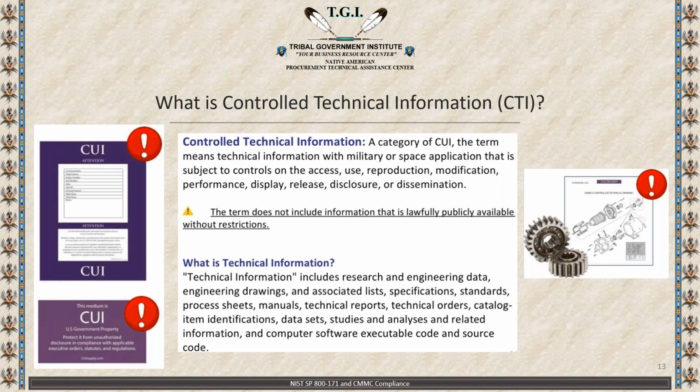Notice that I included an engineering diagram to the right of the definitions. I know you can't see it very well, but there is an engineering block located on the lower right side, and in that block there are markings for controls. There could be ITAR or export control distribution restrictions that you need to pay attention to, so you will know how to properly handle the controlled technical information. The reason for that is because when prime contractors are sending out these types of notifications, they are identifying what is and what is not controlled technical information, so that you will know what needs additional safeguarding measures.